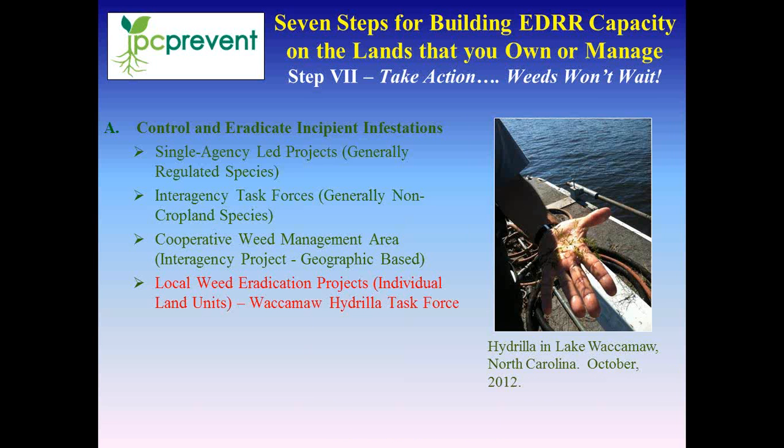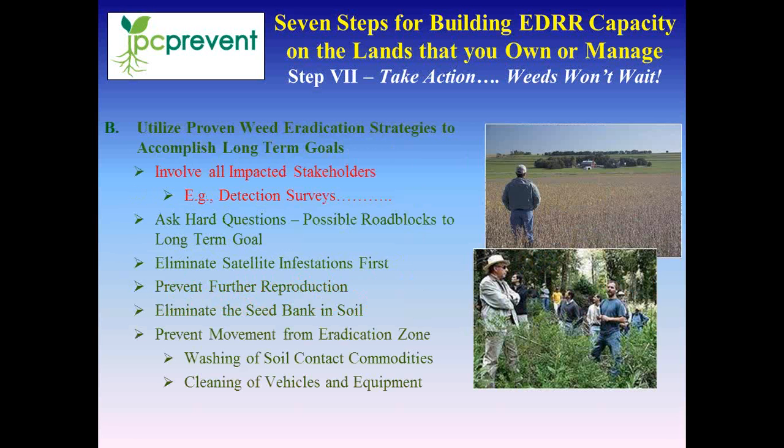And the last thing, though, is when you have a local weed eradication project, like on an individual land unit or a lake like the Waccamaw Hydrilla Task Force. When you do this, it's going to be one of these 4 kinds of approaches for control and eradication of incipient infestations. So here's some ideas I want you to think about when you get to that point and you decide, well, we're going to have a local weed eradication program like the Waccamaw